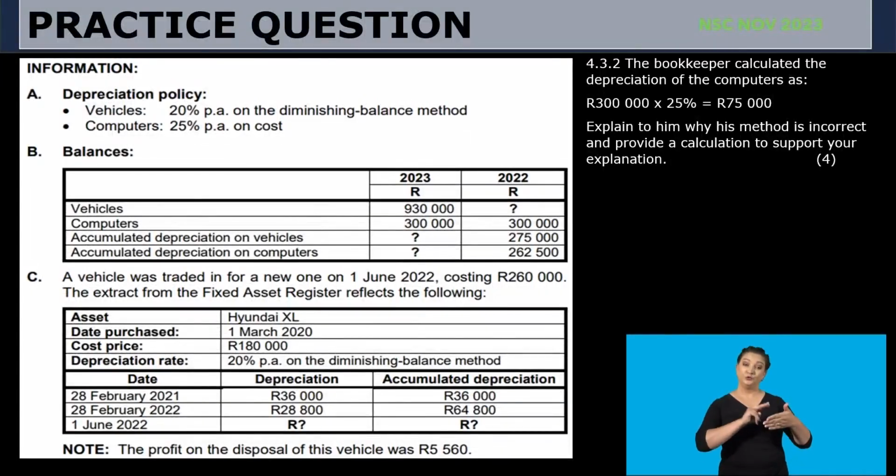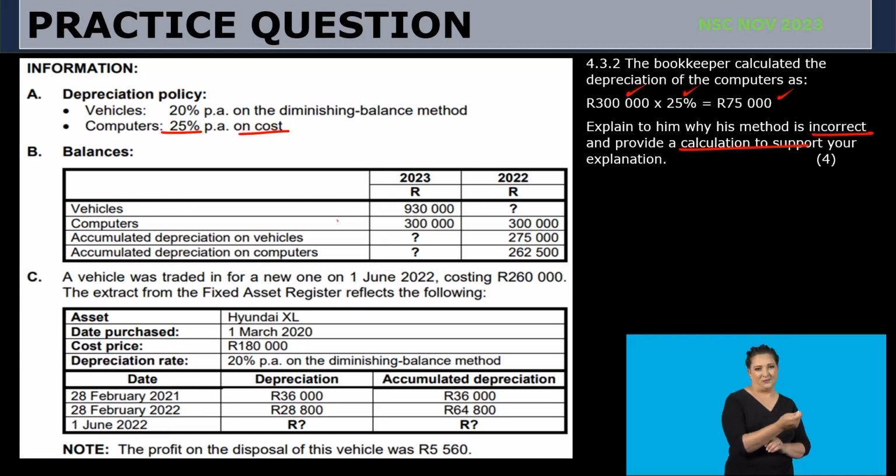And it reads, the bookkeeper calculated depreciation of the computers as 300,000 by 25% to give us 75,000. Explain to him why his method is incorrect and provide a calculation to support your explanation. Okay, so let's go and see. On the computers, computers are depreciated at 25% on cost. So our computers have a cost price of 300,000. That is, at the beginning, 300,000. And the accumulated depreciation is